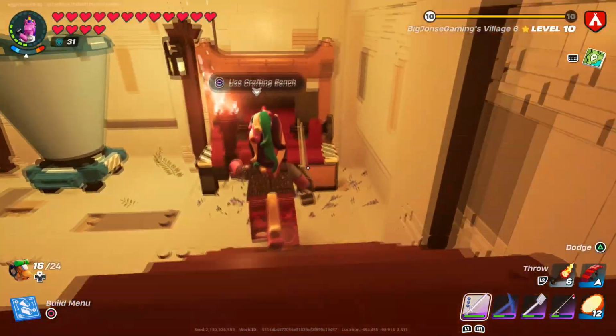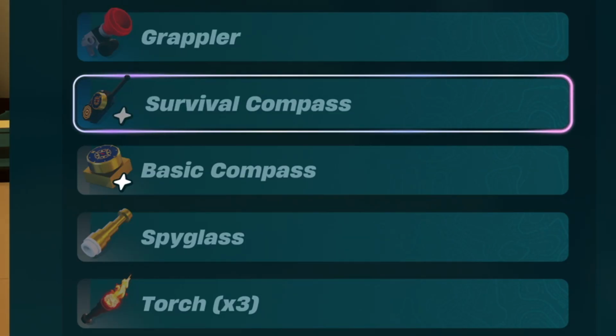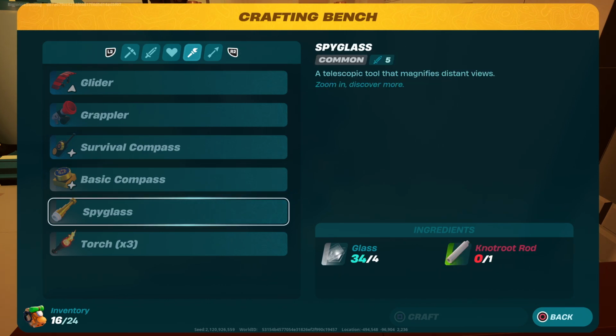which you are now able to use to craft some brand new items. If you go back to your crafting bench, you're going to have 3 brand new recipes. These are the spyglass, the basic compass, and the survival compass. Once again, feel free to pause the video if you want to take a look at exactly what these recipes